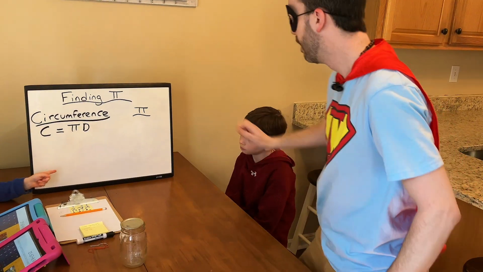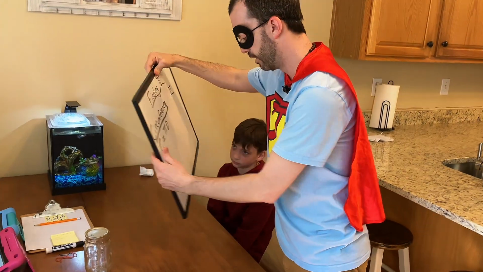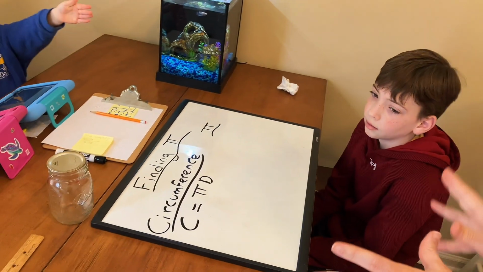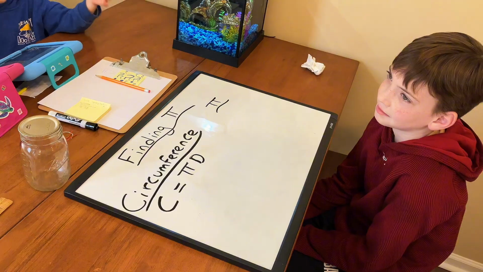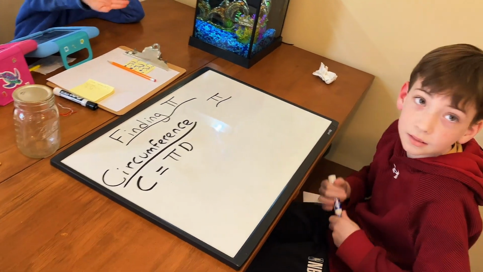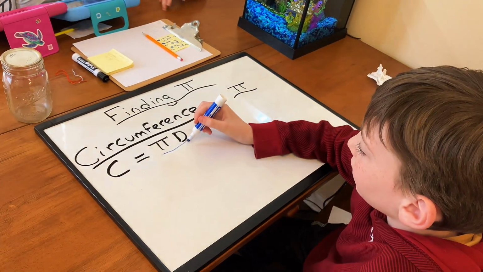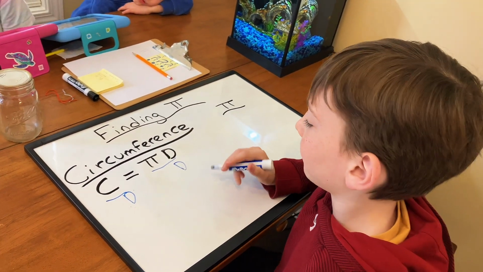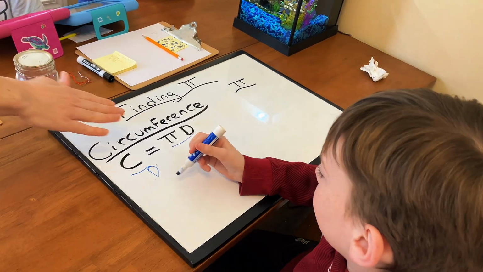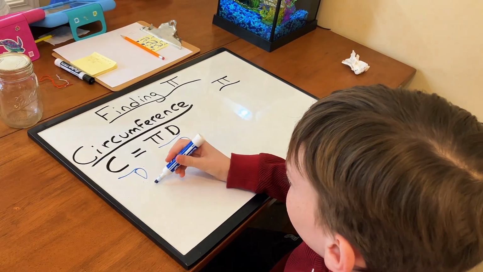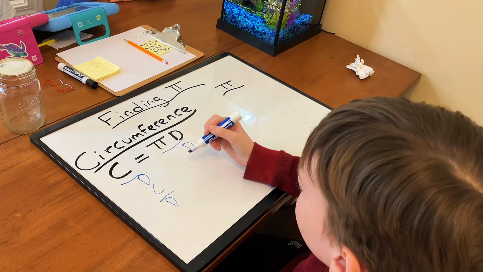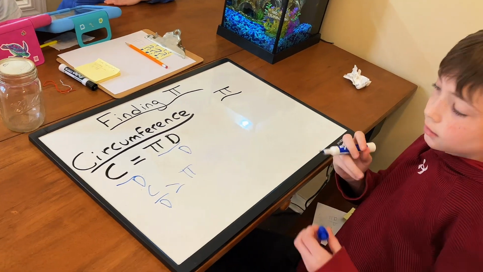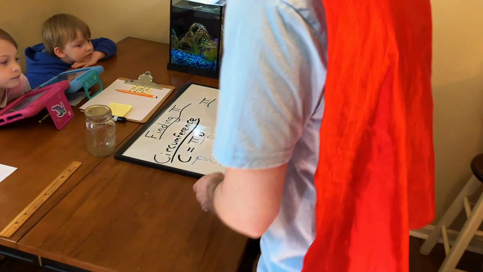So here's the deal. Mathematician Oliver, let's take this whiteboard right here. And what I want you to do is help us rearrange this formula better to solve and locate our pi. So bring us away, mathematician Oliver. So first, you're going to divide each side by D. Good job. So right now, I see he's divided both sides by D. What does that give us at this point? What happens on this side of the equation? It removes the D, so C over D equals pi. I love it.